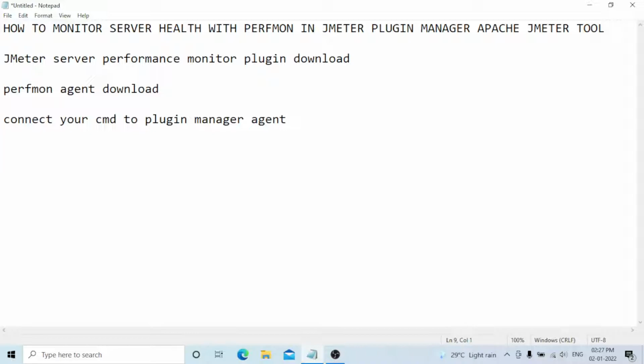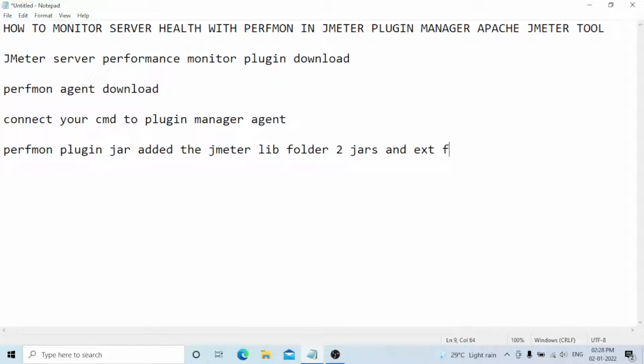Okay. After PerfMon plugin jar added to the JMeter lib folder, two jars, and ext folder, add two jars.